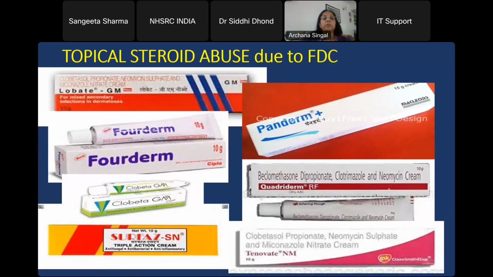And this is because of topical steroid abuse. We have Fordum, Tetradum, Pentadum, Octadum, a potent topical steroid